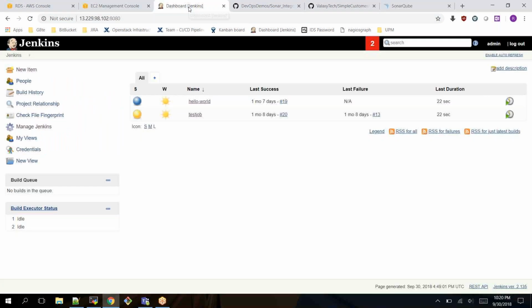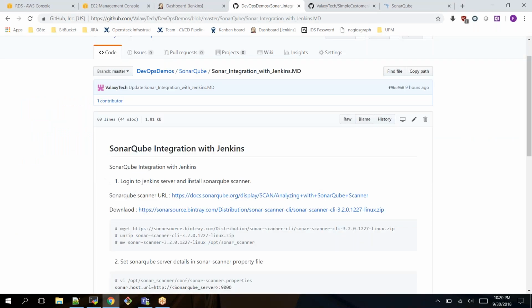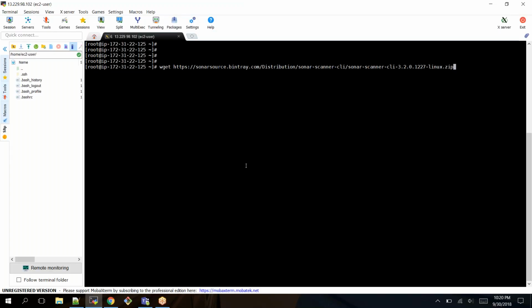Next, these are the steps you need to follow to integrate SonarQube with Jenkins. First, you need to log into your Jenkins server, which I have already done, and install SonarQube Scanner. You can download SonarQube Scanner from this link. I am using one of the stable versions. This is the version I have downloaded. So execute these commands on your Jenkins server, but I want to download